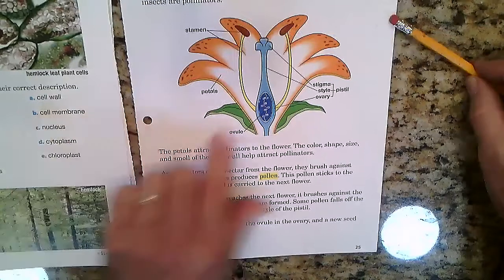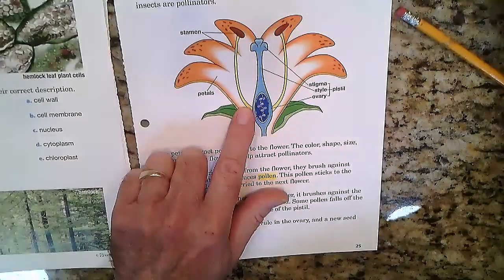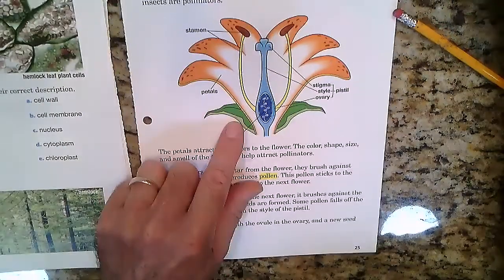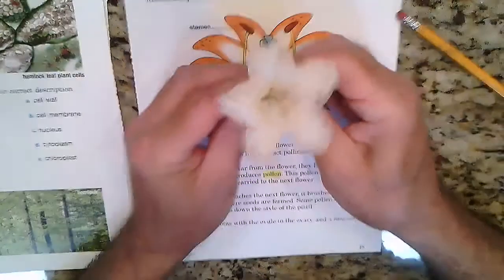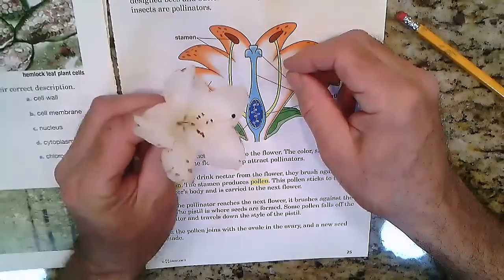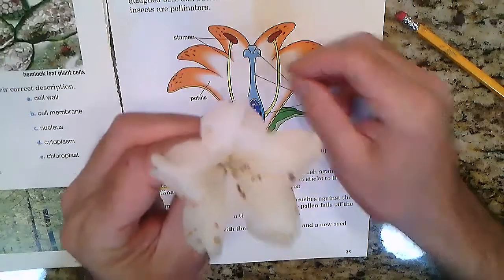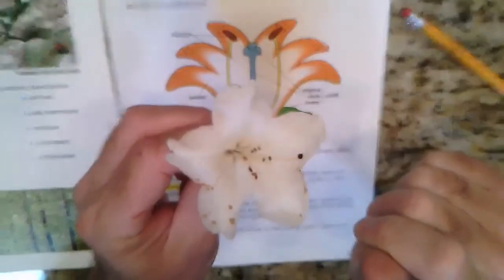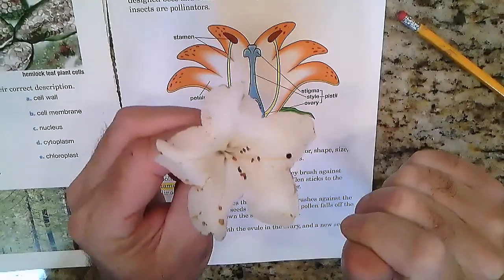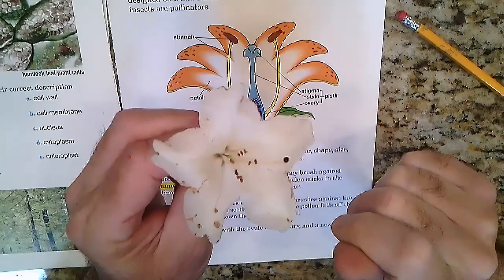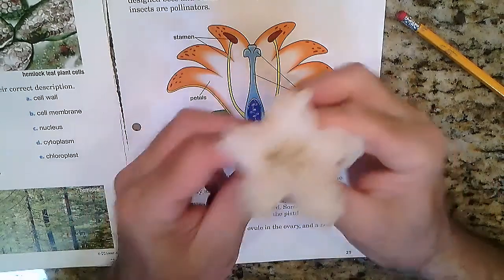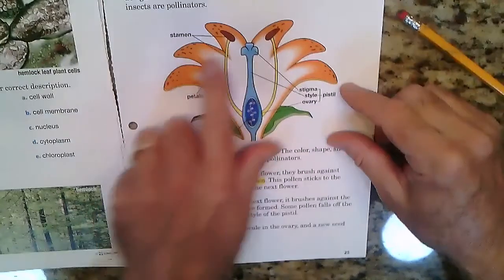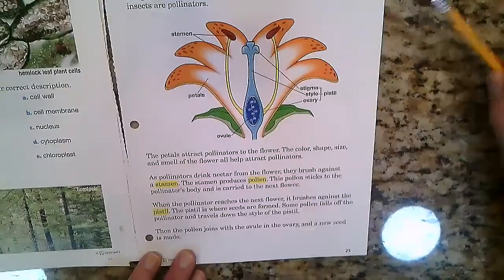And I actually have a sample of a flower. It's not exactly like this, but it's similar. And I'll put it up there, and you can see how it has the different parts as well. And you'll be learning about what those parts are. I'll be telling you more about it real soon, okay? And so the different parts are identified, and I won't go through all of those, but it will tell you